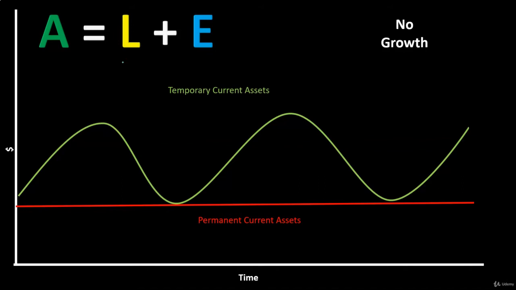If we break out financing into short-term and long-term, we might lean more towards the permanent current assets being financed more towards long-term financing, even though it is a current asset, which you could think of as a short-term asset typically. And then the temporary current assets are things like the accounts receivable and inventory that could change with the seasonal production and the seasonal sales that could be taking place in our production plan. So we're going to have these increases and decreases with regards to the temporary current assets.